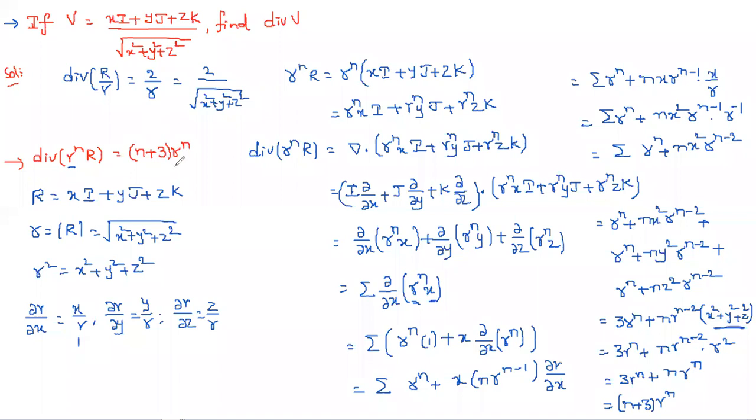We solved the same problem this morning, but there we substituted r as the square root of x^2 + y^2 + z^2, whole power n by 2, which takes a lot of time. Just by doing it like this, you can easily get it. You can use either one, nothing will go wrong, but that one takes a lot of time and this one you can easily get. And this is a very, very important problem; the maximum number of times they ask it, if you see the previous papers also.